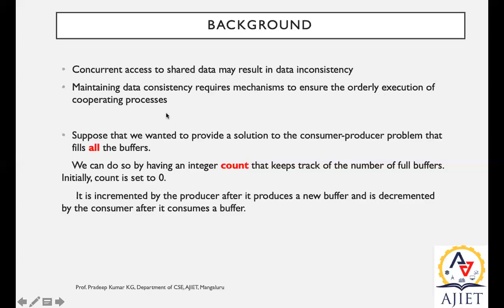We saw what cooperating processes are. Cooperating processes may share the same information, they may share the memory location, and they may pass the information from one process to another process in a synchronized manner. To deal with this kind of scenario, a proper mechanism is required to maintain data consistency.